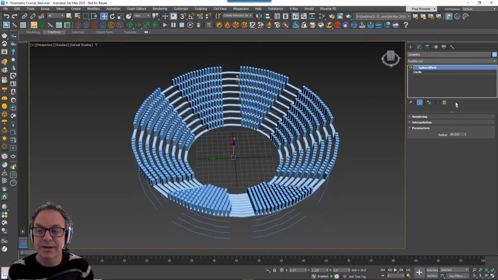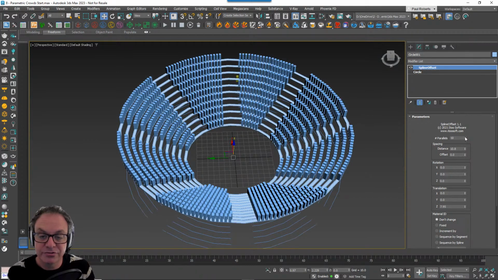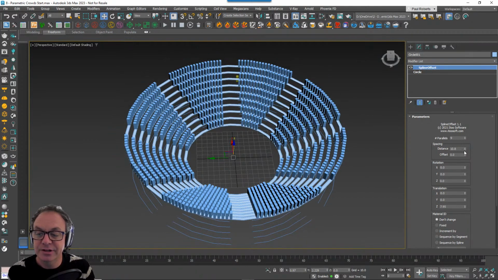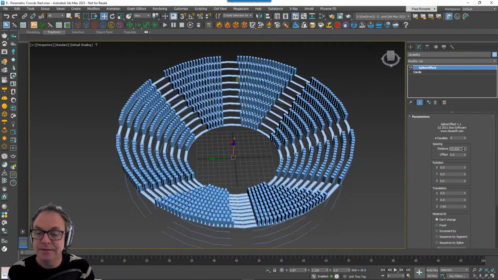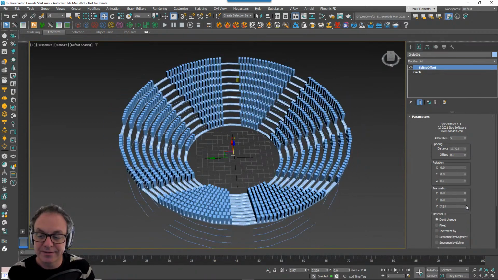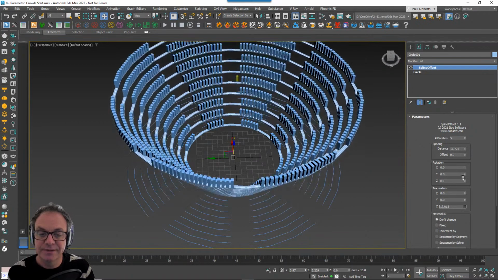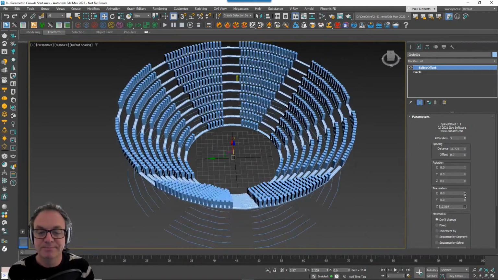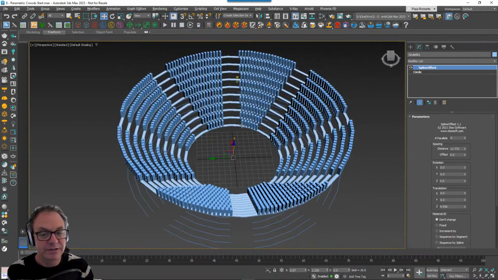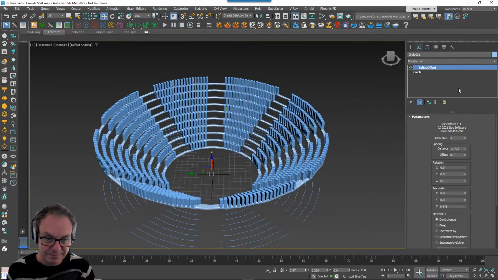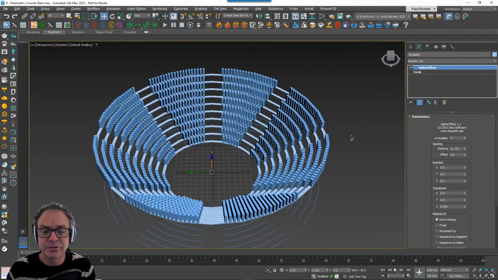I can go to the spline offset and change the number of stalls that there are. I can change the distance between them, and you can do all kinds of anything else that you want. I can change the height, and it's all scattering procedurally. So it's a pretty good workflow using some of Max's built-in tools along with Forest Pack.